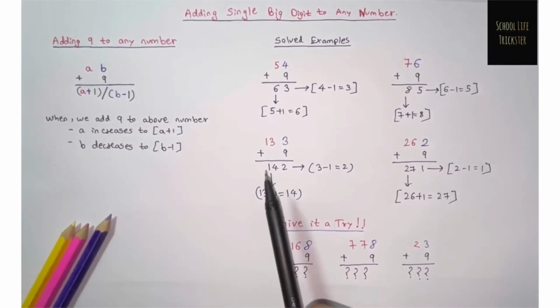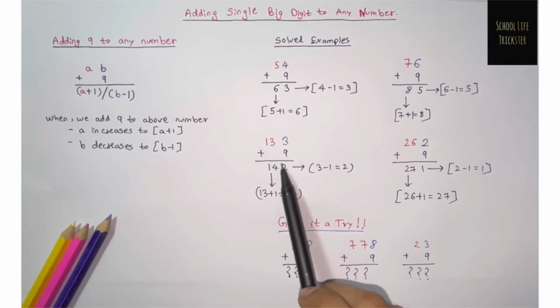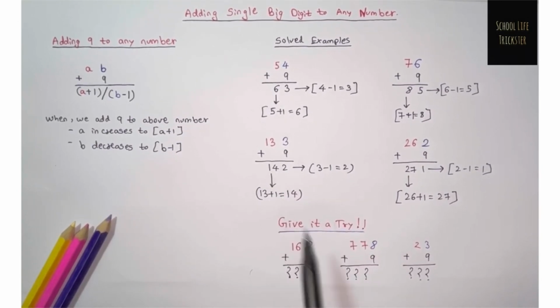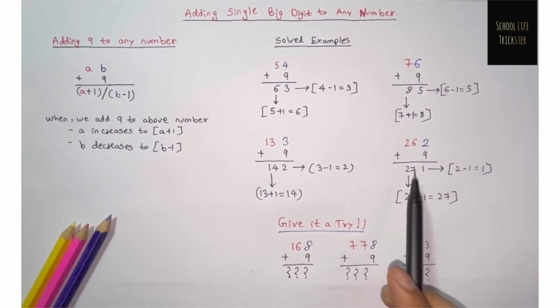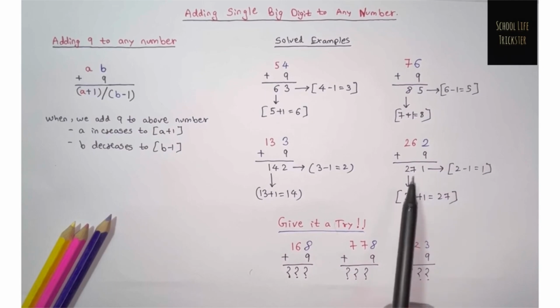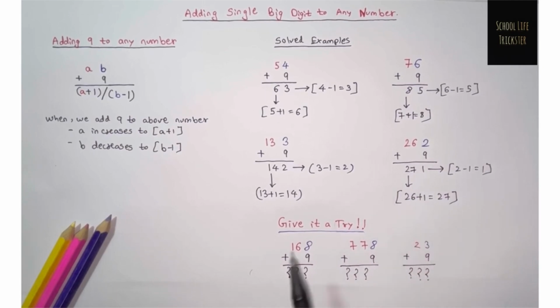that is 85। Third example 133 plus 9, 3 minus 1 equal to 2 and 13 plus 1 is 14, that is 142। Fourth example 262 plus 9, that is 2 minus 1 equal to 1 and 26 plus 1 is 27। So let's give it a try. Solve this by yourself. 168 plus 9, 778 plus 9, 23 plus 9।